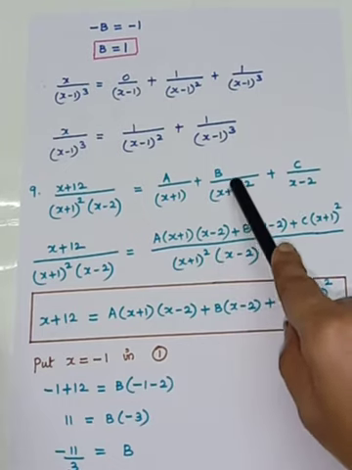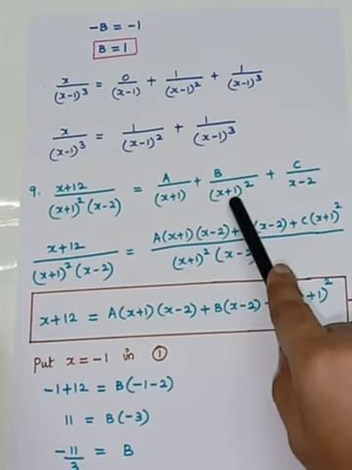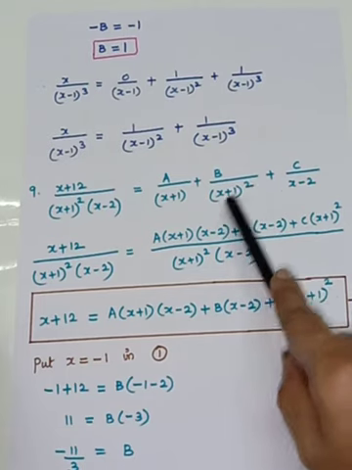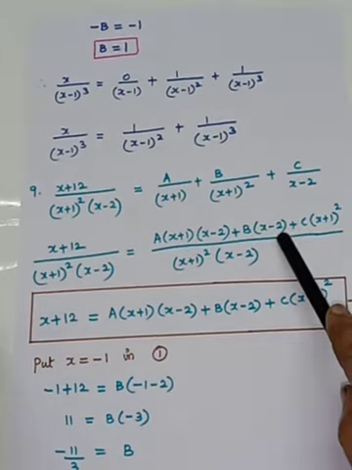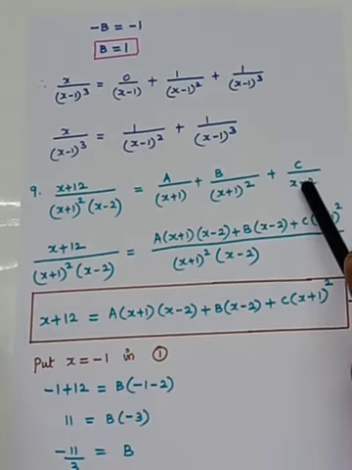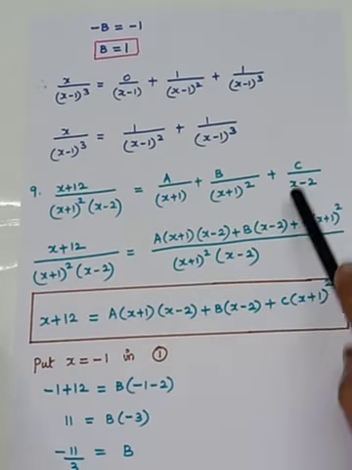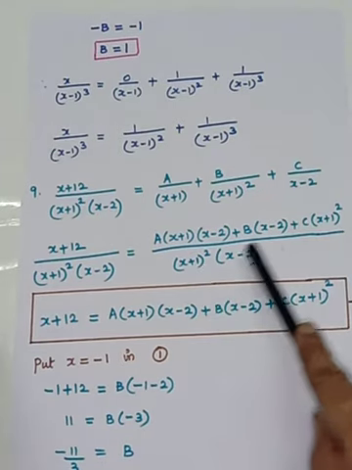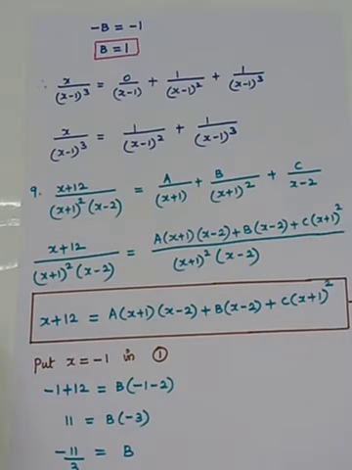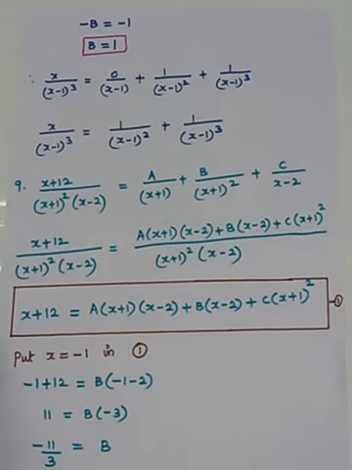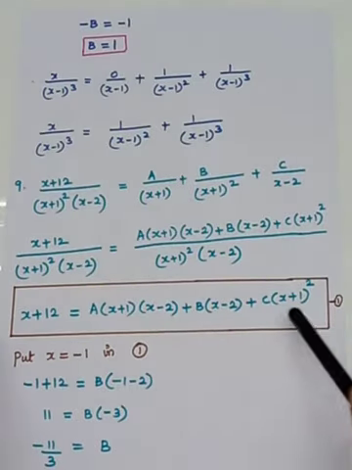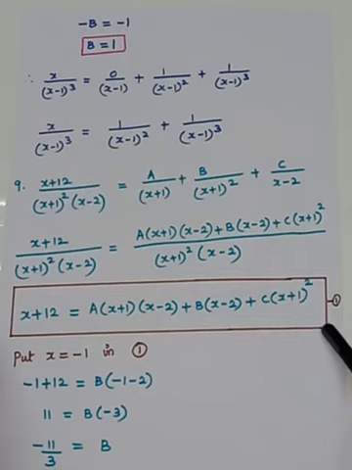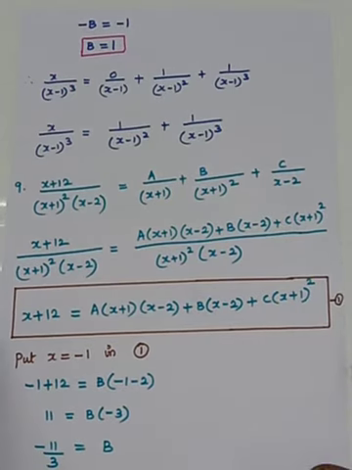Okay, here in this term (x plus 1) the whole squared is there. So this term is there. So you have to multiply b with (x minus 2). And here what are you having? Only x minus 2. So the c has to be multiplied with (x plus 1) the whole squared. Okay, so see now, the denominator gets cancelled, so the numerator is equated and you have to mark this as 1. Now what you have to do, you are going to find the values of a, b, c.